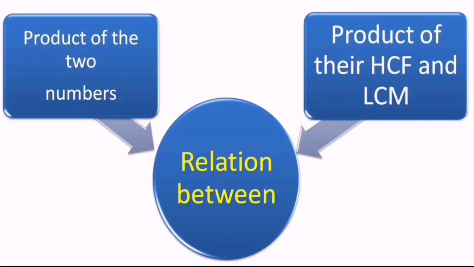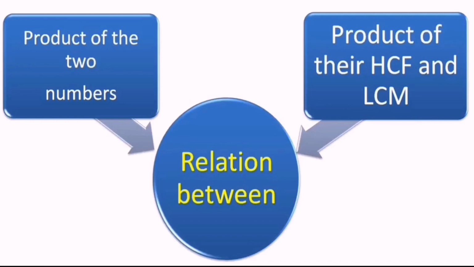Till now we have understood the ways by which we can find the LCM, and now we will try to find the relation between what? Very first, the product of the numbers you can see, and the product of the HCF and LCM. What are these numbers? These numbers are the numbers given in the question itself. Very first, a question will be given. We have to find the HCF and LCM and then see what happens if we multiply them.